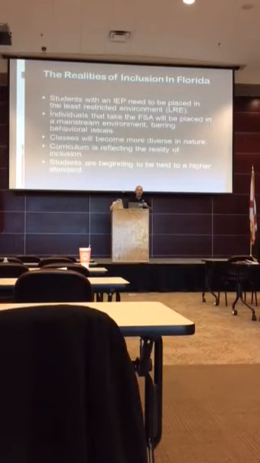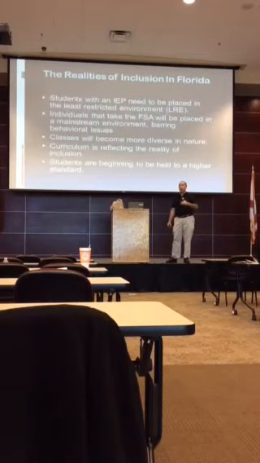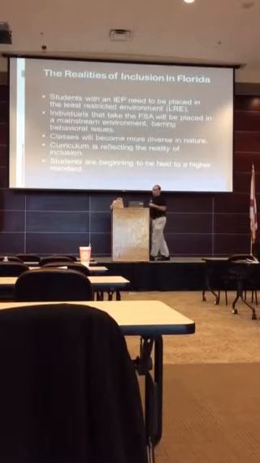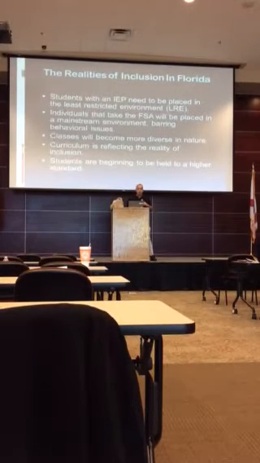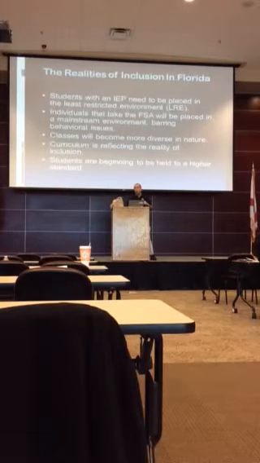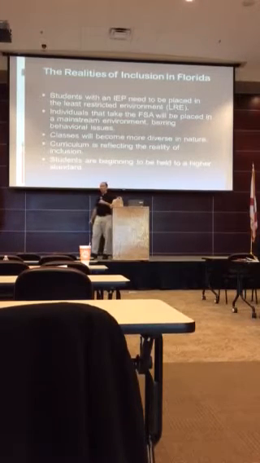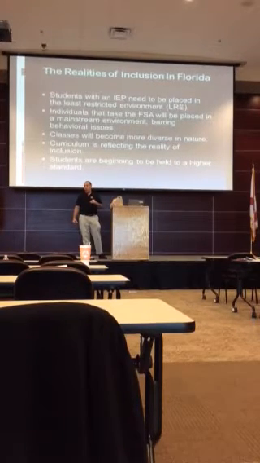Students with an IEP need to be placed in the least restricted environment. This means, in theory, unless someone has a severe cognitive exceptionality, that they're going to be in a mainstream classroom regardless of what needs are. And individuals that take the Florida State assessment will be placed in a mainstream environment, barring behavioral issues, and this is very few and far between. Example, in my school, less than 1% of the students are in an EBD unit, an emotionally behaviorally disabled unit, so it's very